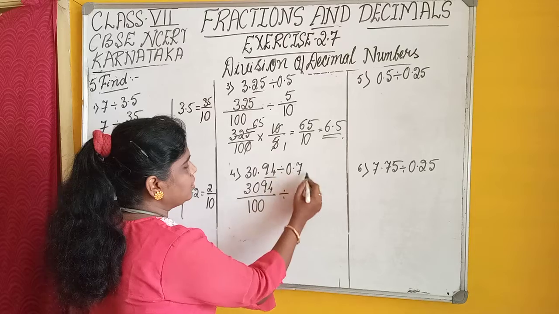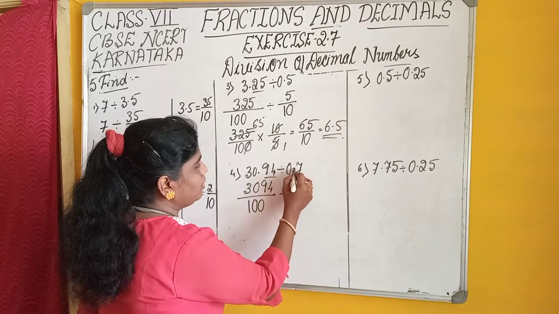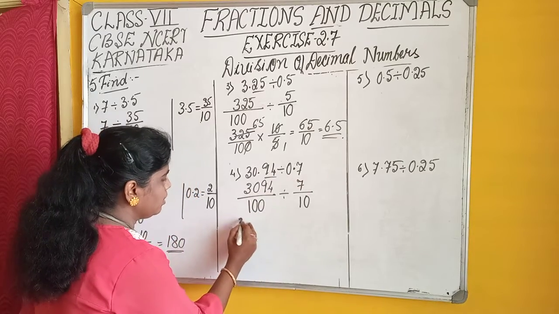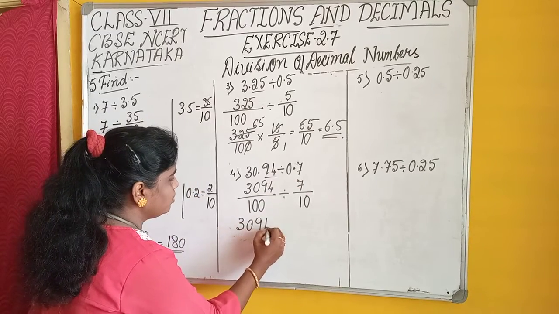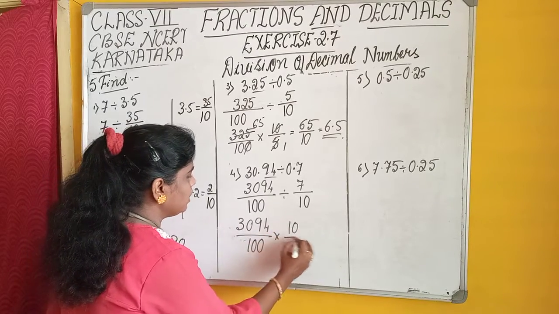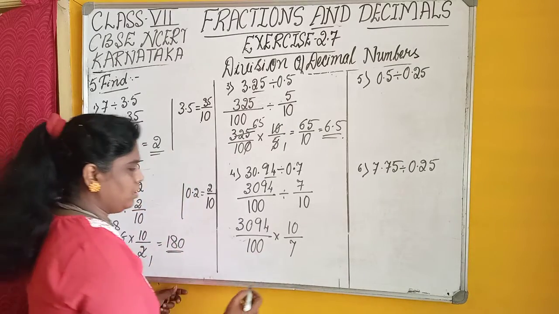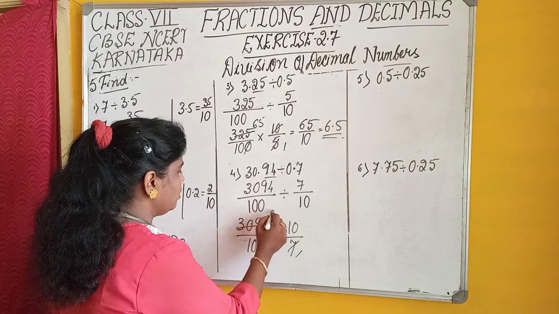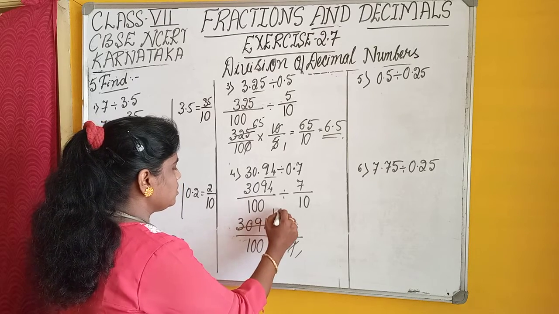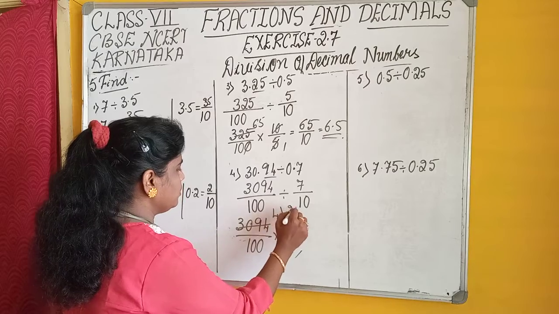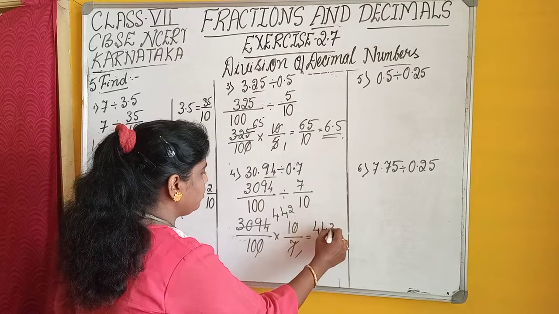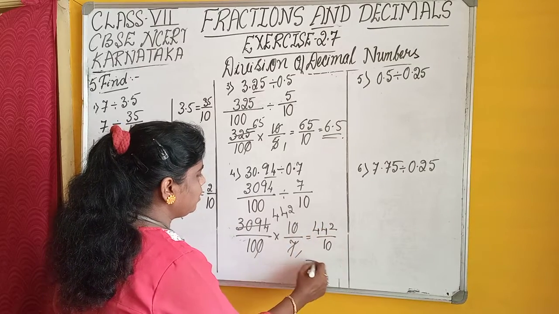And divided by 0.7. For the decimal point write 1. How many digits are there? Only one digit. That is 7 by 10. 3094 divided by 100 into 10 by 7. Okay. That is equal to 7 ones are 7, 7 fours are 28, 29 is there, 7 fours are 28, and 7 twos are 14. The zeros get cancelled. That is equal to 442 by 10, which is nothing but